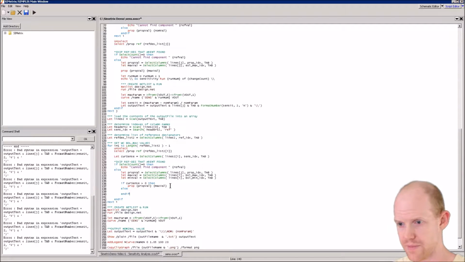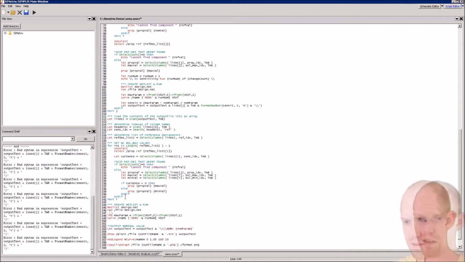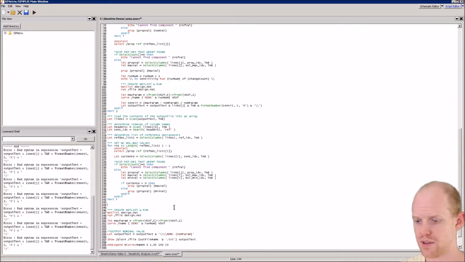and if. And this one here, we're just going to do the opposite. So if the sensitivity is negative, we're going to set it to its min val, and that's this BOL min val. So here we can echo do run for BOL max, and then this here is going to be